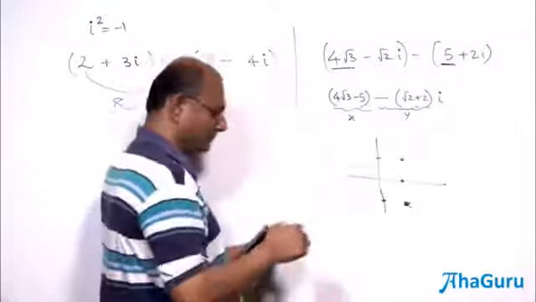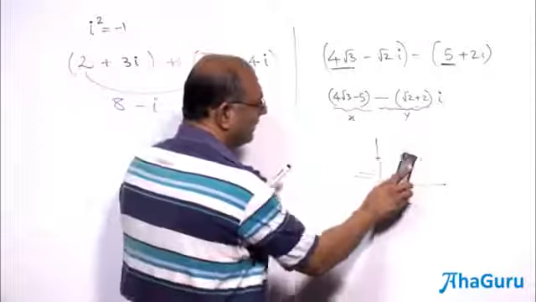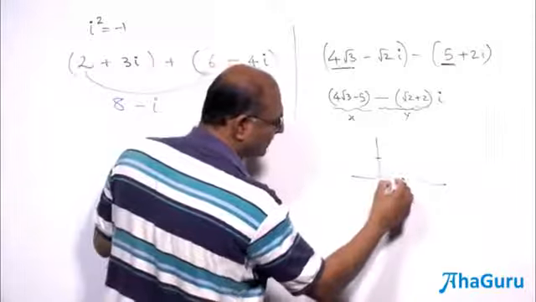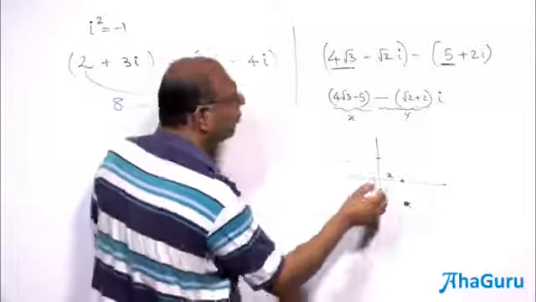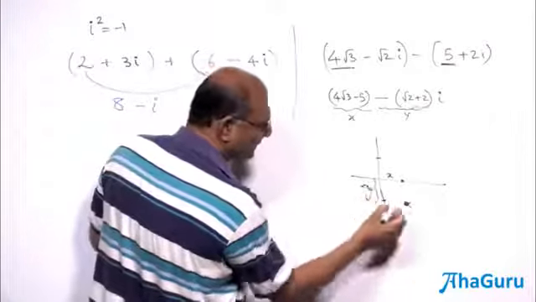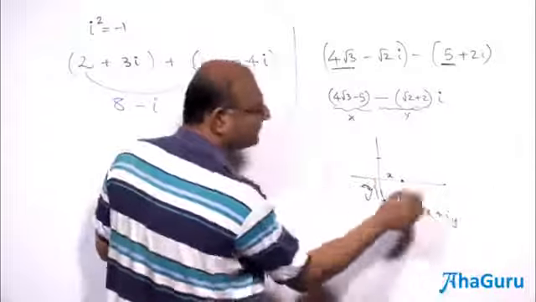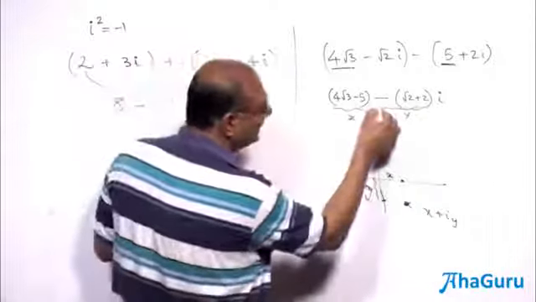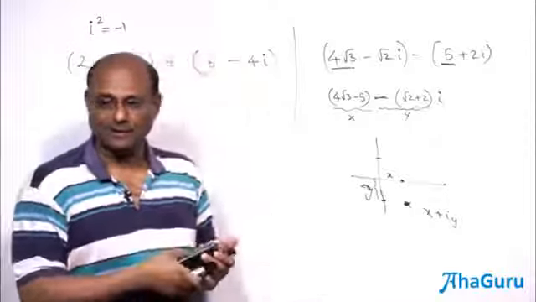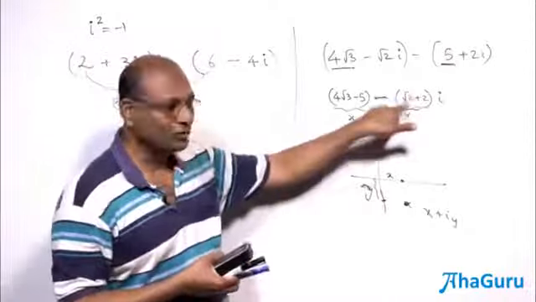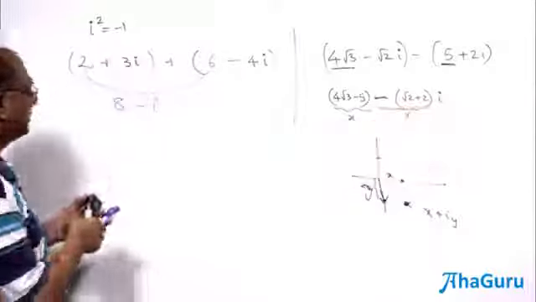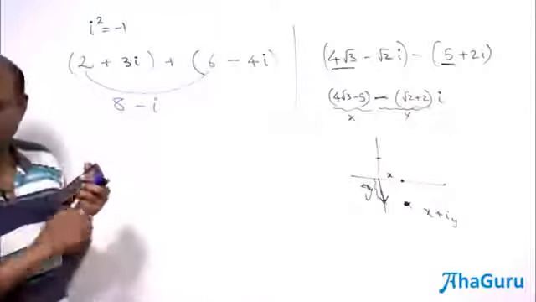So not there. You have to be careful a little bit with where we are going to put this. This is x. And this was y, but this is minus y. So this is x plus iy, y itself is negative, that's all. So y comes with that minus sign. So when I say what is the imaginary part of this number, what will you say? Will you say 2 plus root 2? It will be minus of 2 plus root 2. That will be the imaginary part. So this is as far as addition and subtraction is concerned, and that's very straightforward.